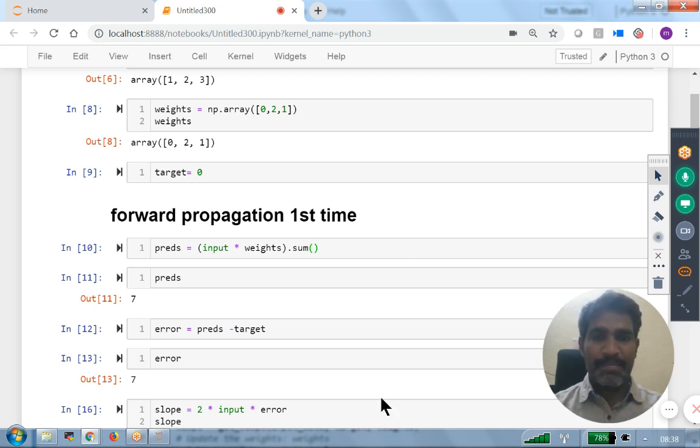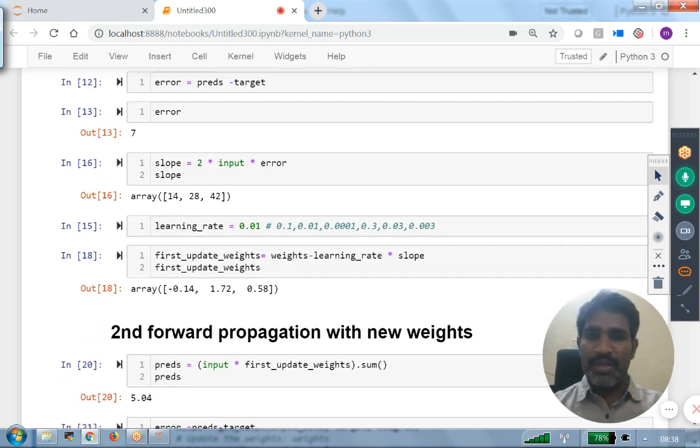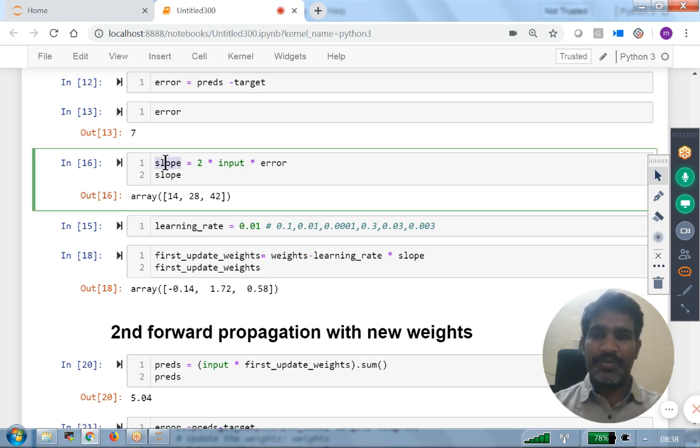A question, sir. Could you please explain the updating of the weight part? Updating the weight part, right. That formula. You understand how to calculate a slope, right? That's a standard formula. Directly, if I subtract the slope,